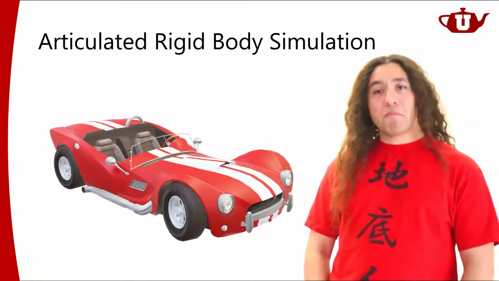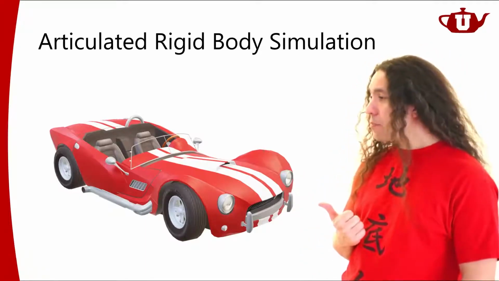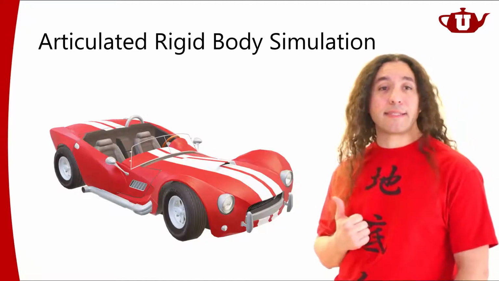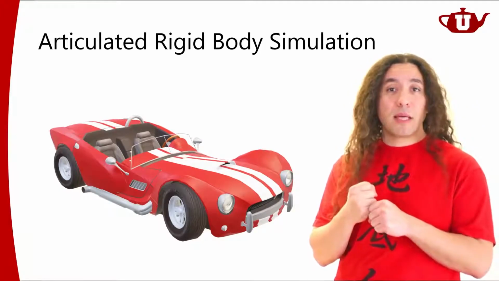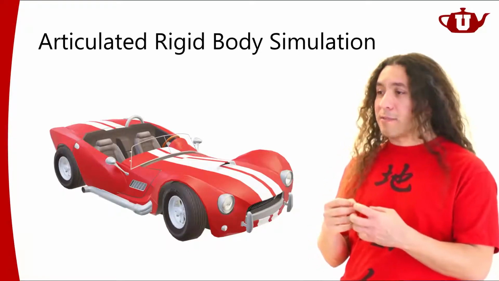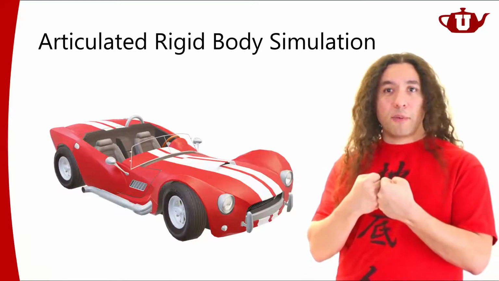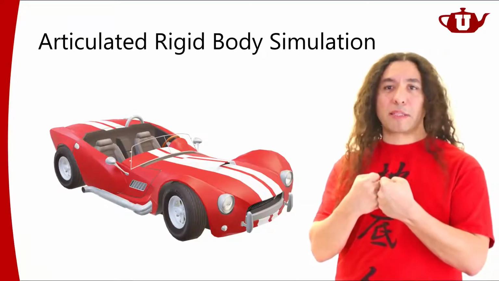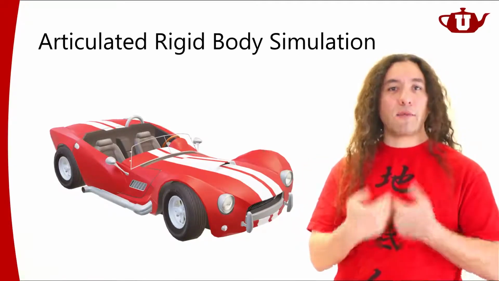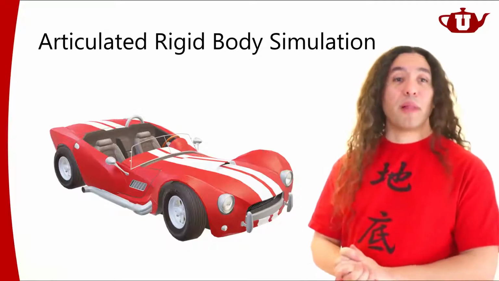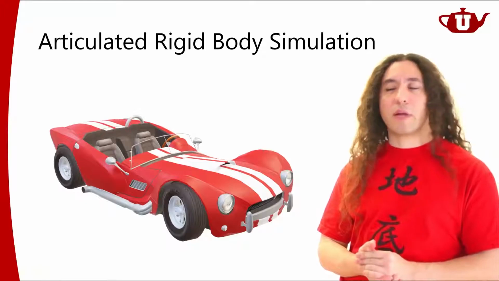Now, when it comes to simulating these sort of things, these joint constraints can be applied as different types of forces that hold the objects together. For example, if I want to keep two things together, I can apply a spring force with zero length spring. So whenever they move apart, the spring force will pull them back together, right? So that would be one way of applying these constraints, and that's a relatively common way of handling these constraints.